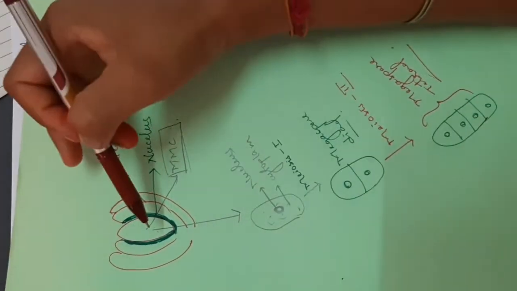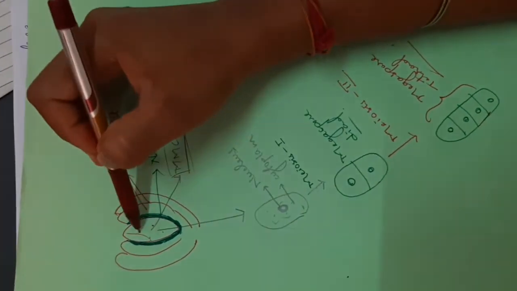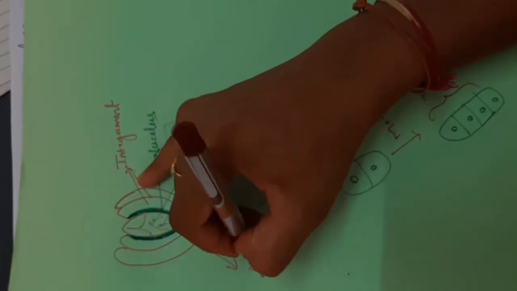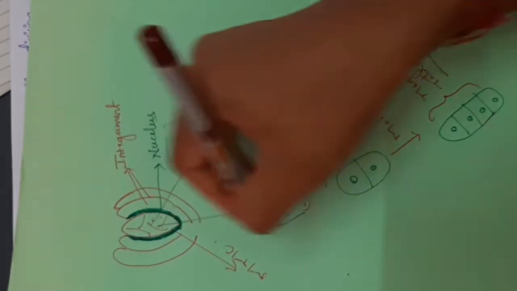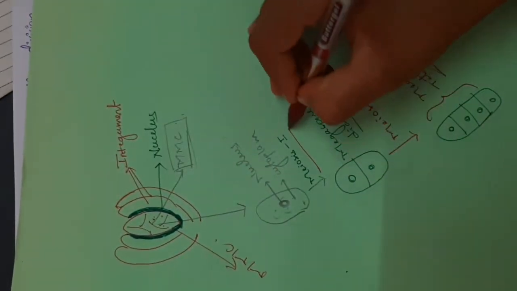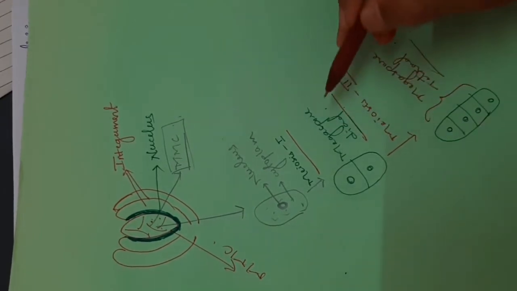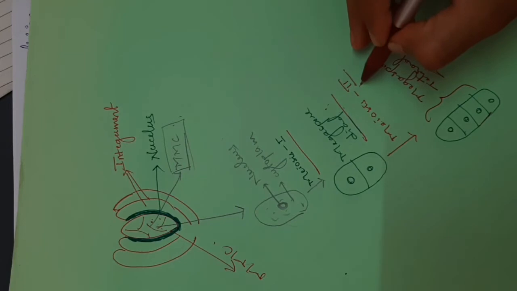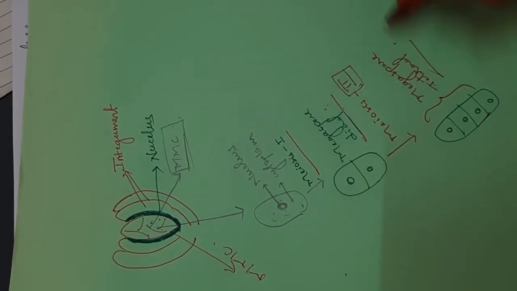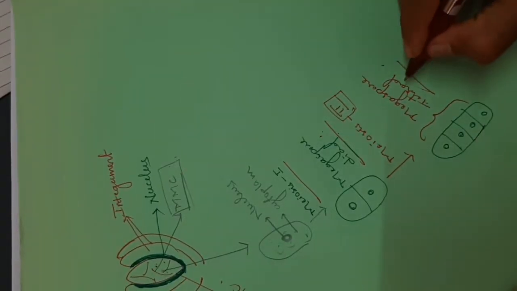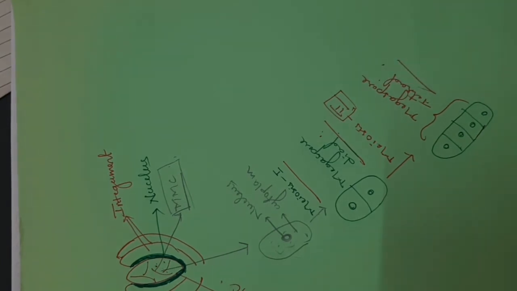Inside the ovule some specialized cells are there, those cells are called MMC cells, megaspore mother cells. Those megaspore mother cells undergo meiotic division to form a megaspore dyad. Again the megaspore dyad undergoes the second meiotic division to form a megaspore tetrad. Finally 4 cells are present in a megaspore tetrad, that is why it is called a tetrad. Tetra means 4 cells.